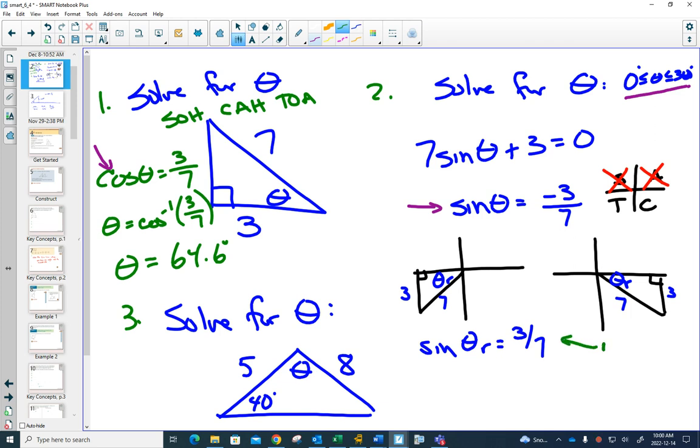And again, we'll make this note that when you're solving for a reference angle, you're solving like a grade 10 triangle question. The 3/7 has to be positive because it's an actual triangle. So then you can go to your calculator and do sine inverse of 3/7. And we get 25.4 degrees